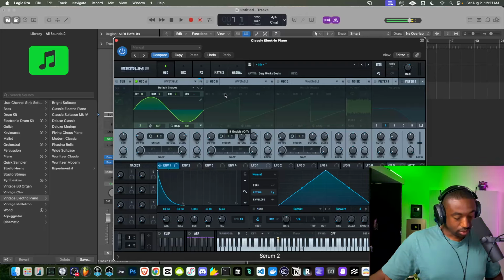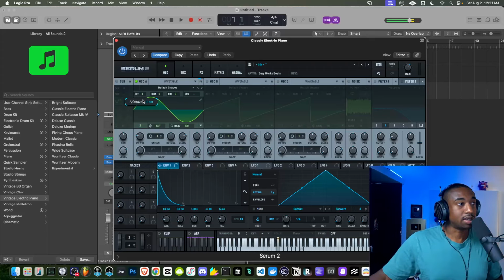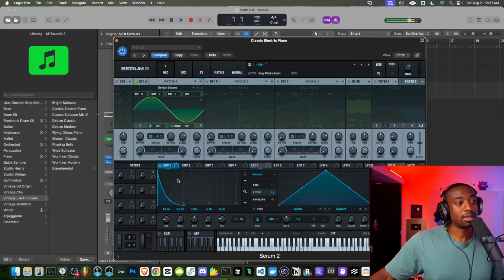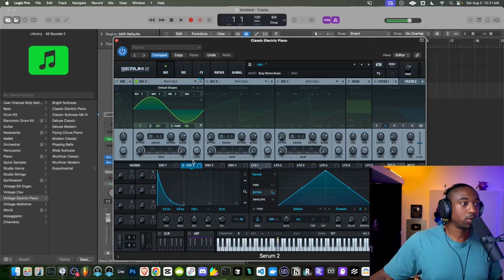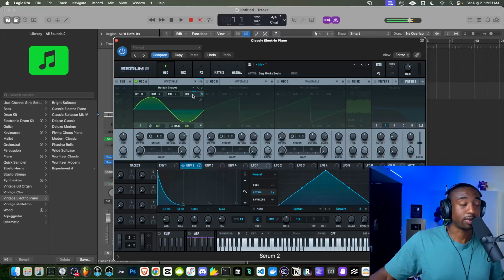Okay, so what we need to do is, for one, pitch this down. But before we even get to pitching it down, we need to have this sound go really fast. So let's go to a new envelope and give it a very short decay curvature. I'm going to exaggerate so you guys can hear. Drag this over top of your coarse pitch here. This is your highest range of pitch.